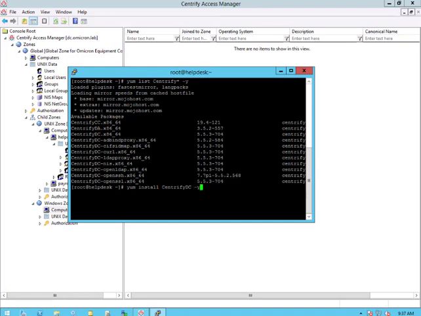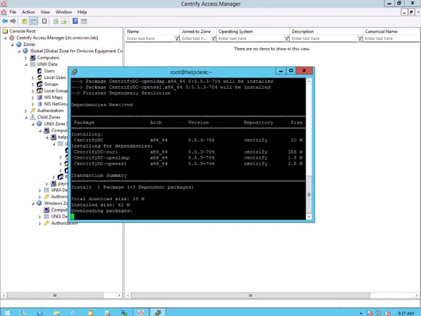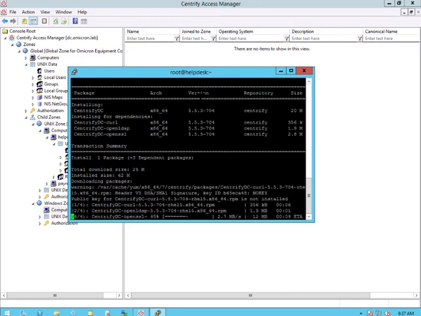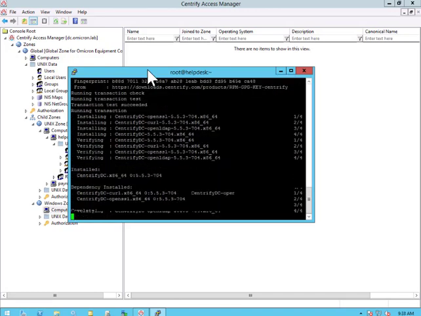I'll go ahead and tack on the -y on the end of it, and it will go through the process of downloading and installing not only the applications, but any dependencies that associate to that application. And now, as you can see, it identified that the Centrify DC agent has been installed and specific dependencies have